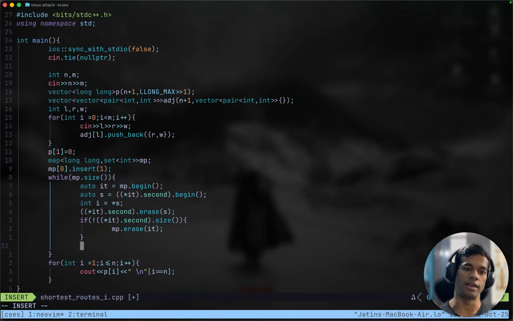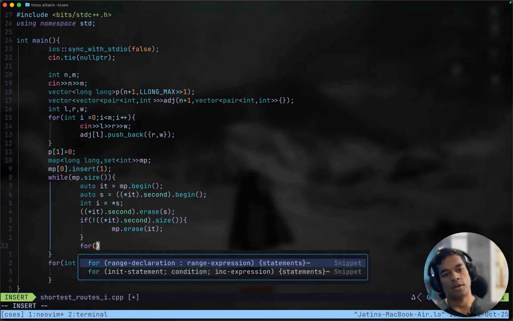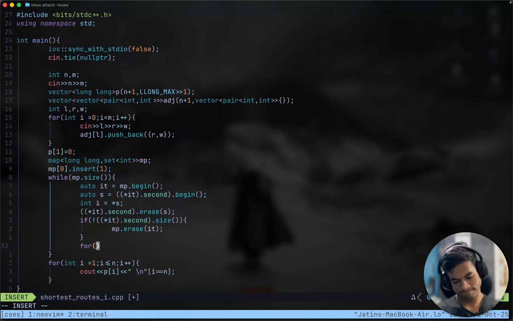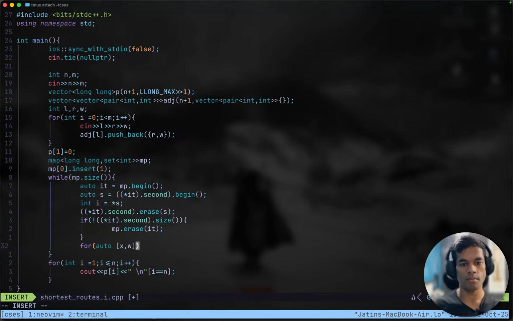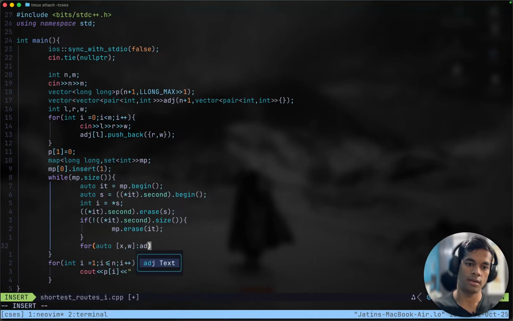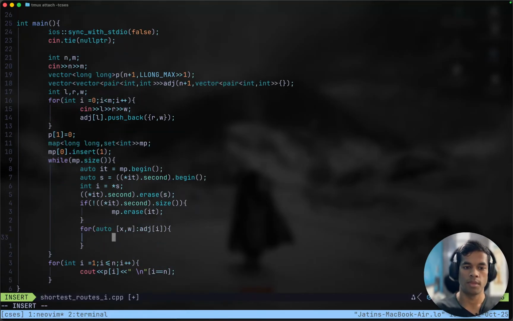We can process I. This is very bad, but okay. This might actually be faster than the other one, than the previous method. Previous. ADJ I. Every node that is connected to I. And if